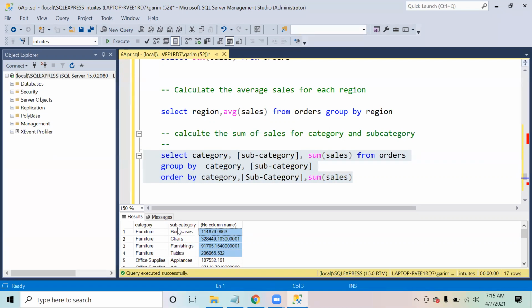But if we do order by category, remove the subcategory, and round off the sum of sales and do it descending, then it will make an impact. So if I now make it descending and execute this,